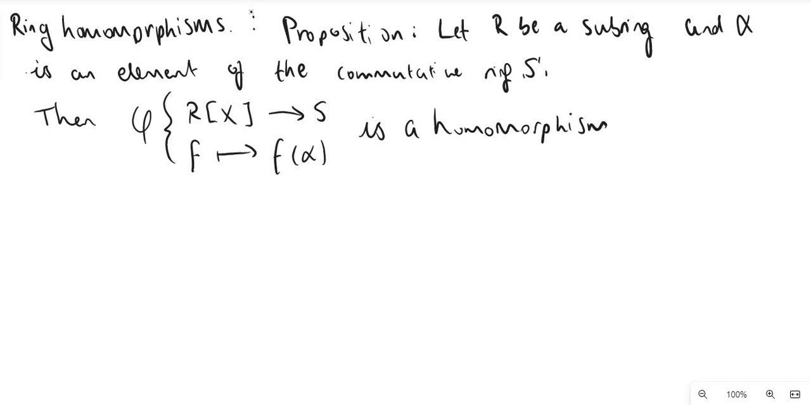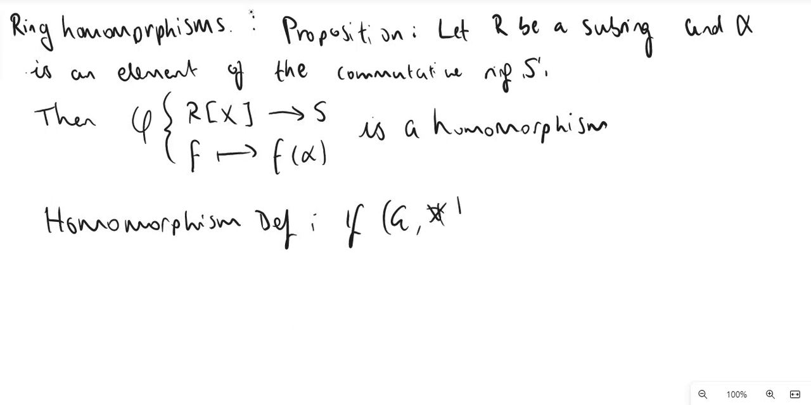Now, what is a homomorphism? If you haven't covered it already, I will briefly go through it. So we have two groups. We have G with the operation star, and we have maybe H with the operation star also, and assume they're both groups. Then the function that maps G to H